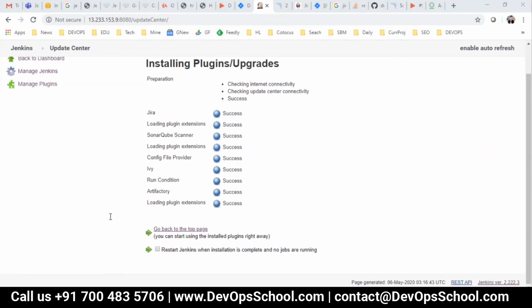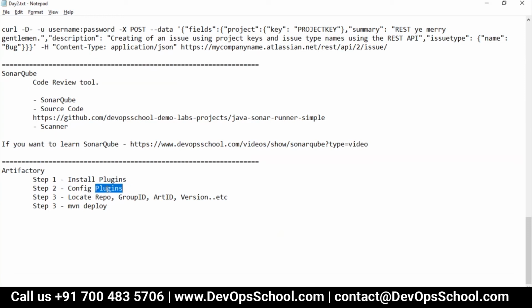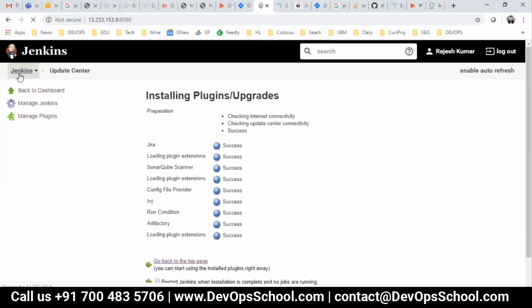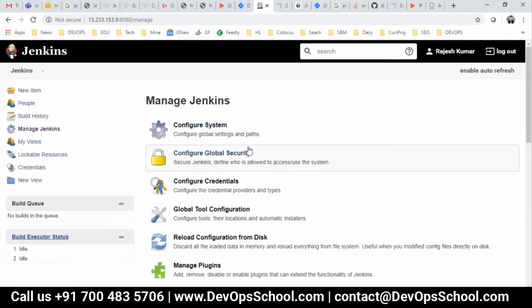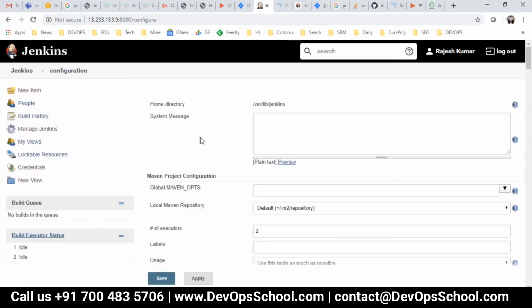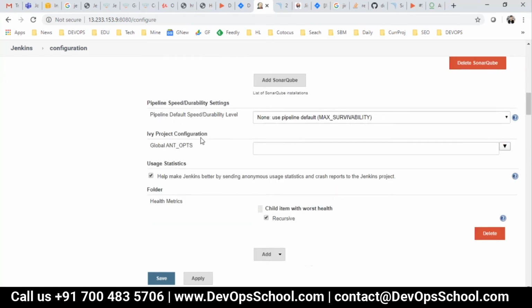Installation done. That means step 1 is done. Can I configure it? Go to the Jenkins, manage Jenkins, configure system. You might not be having it, may be having, because Artifactory has some implementation at the job level also. So let's check it out.